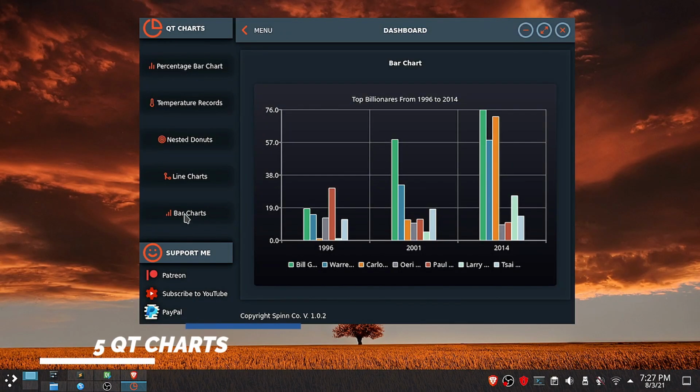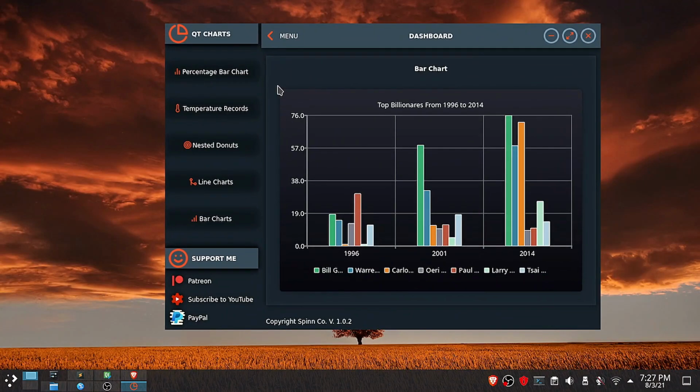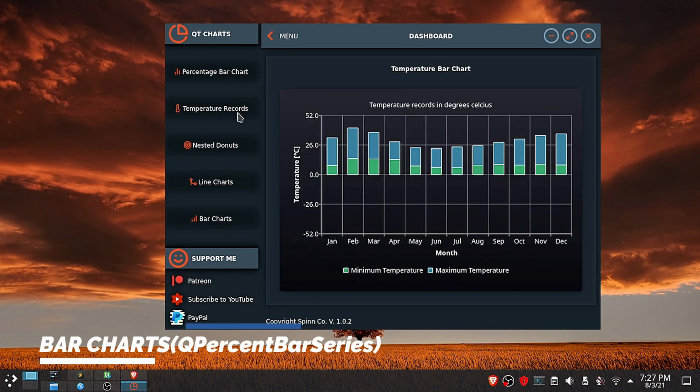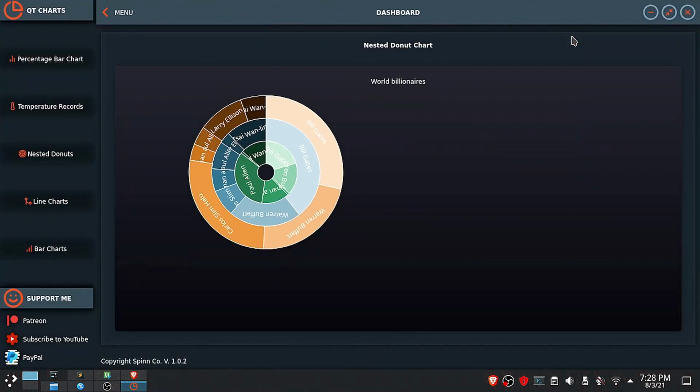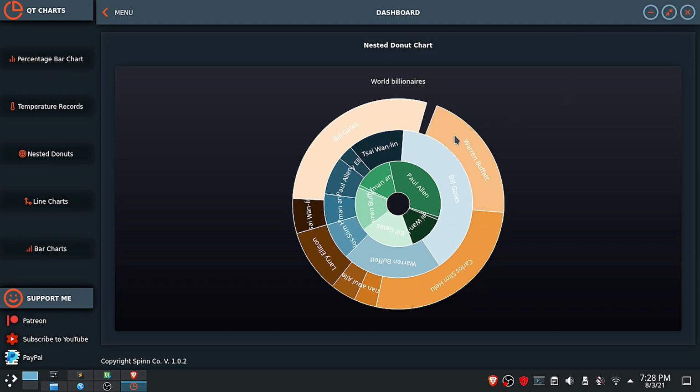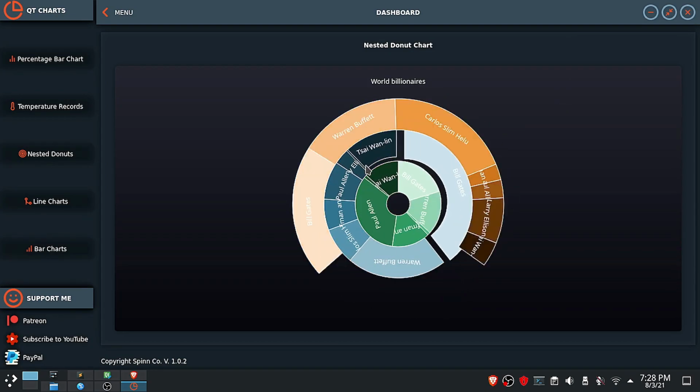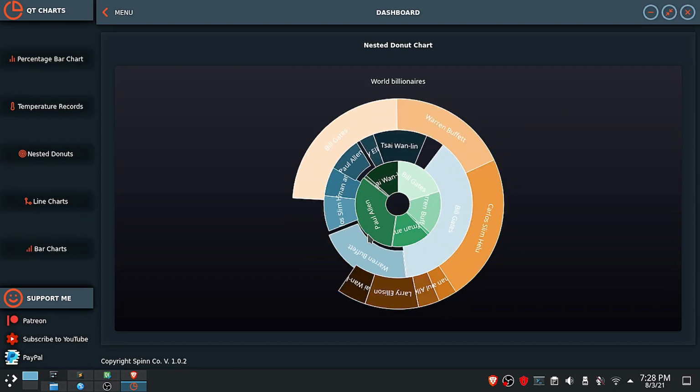Hi, welcome to the second part of the Qt charts tutorial. In our previous tutorial we designed this user interface in Qt Designer. You can watch that by clicking the link above. In this part, we are going to add the custom app title bar, the responsive side menu, and the 5 Qt charts. This is a preview of what we are going to achieve by the end of this tutorial, so